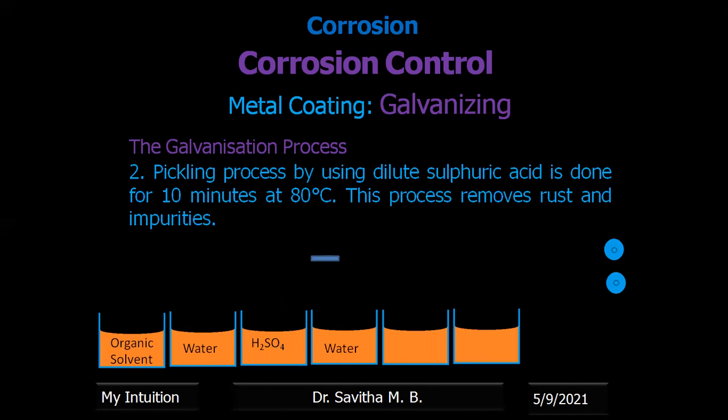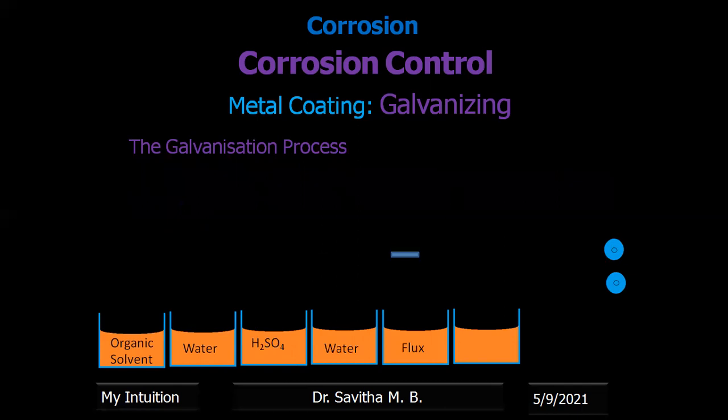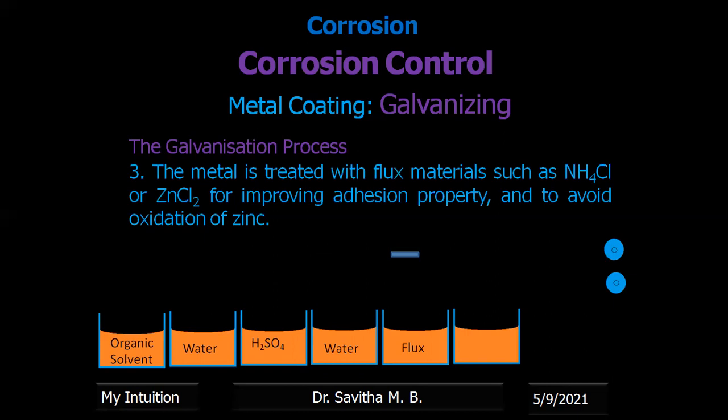When it is taken out, again sulfuric acid will be there, acid impurities will be there sticking on the block. It has to be again cleaned with water, so it is dipped in water, taken out, and again it is air dried, so that there is no moisture present on the block, right? Next is, we need to coat it with the zinc. Before coating it with zinc, we need to ensure that zinc properly sticks on the metal surface, right? If there is any air gap, again pitting corrosion will take place, right? Differential aeration corrosion also will take place. Therefore we need to ensure that it is completely sticking on the metal surface.